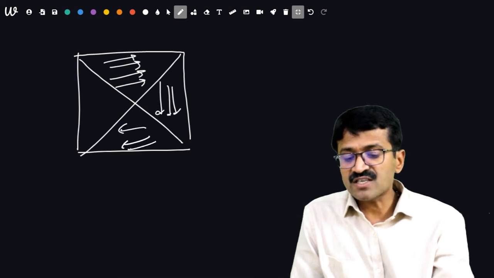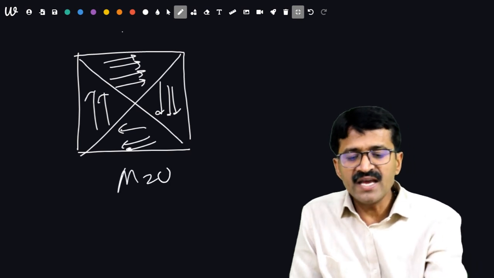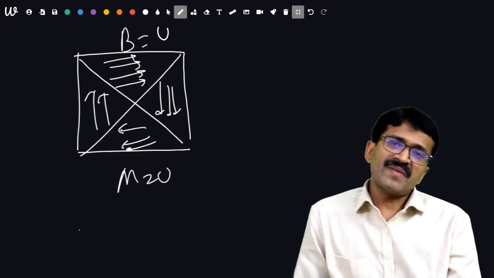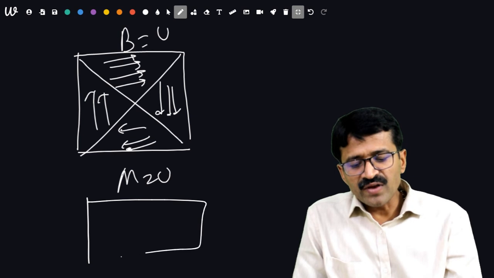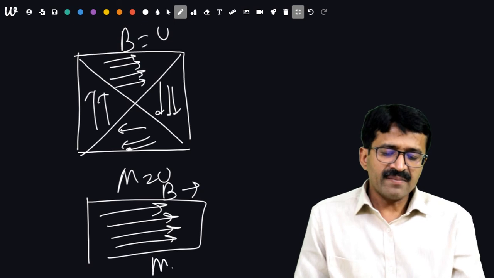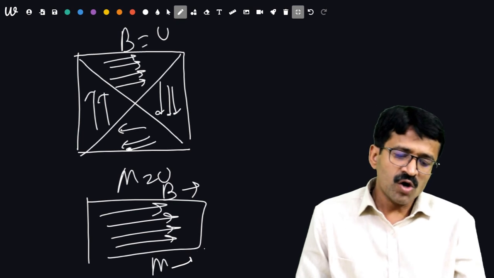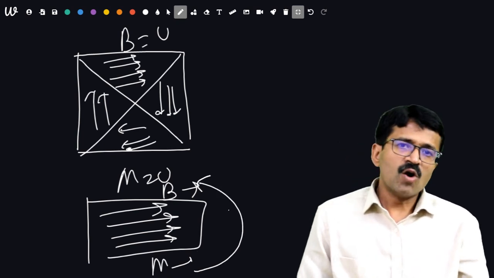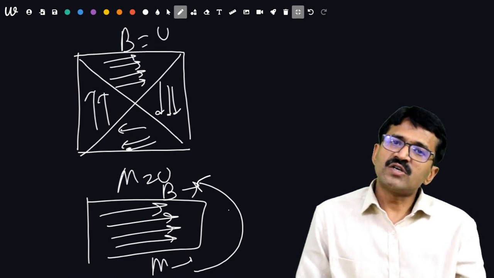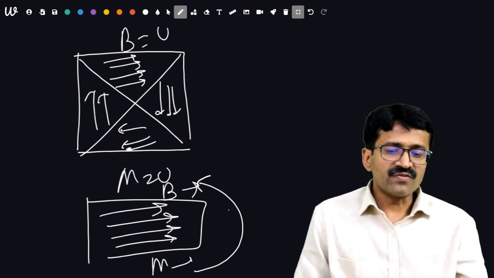But in the absence of an external magnetic field, these domains are randomly oriented and the net magnetic moment will be 0 if B is equal to 0. But in the presence of an external magnetic field, these domains will get arranged along the direction of the magnetic field, and the magnetic moment will be along that direction, the net magnetic moment will not be 0 and will be along B. So this material has a tendency to be attracted towards the magnetic field by a strong force. This is about the types of magnetic materials.